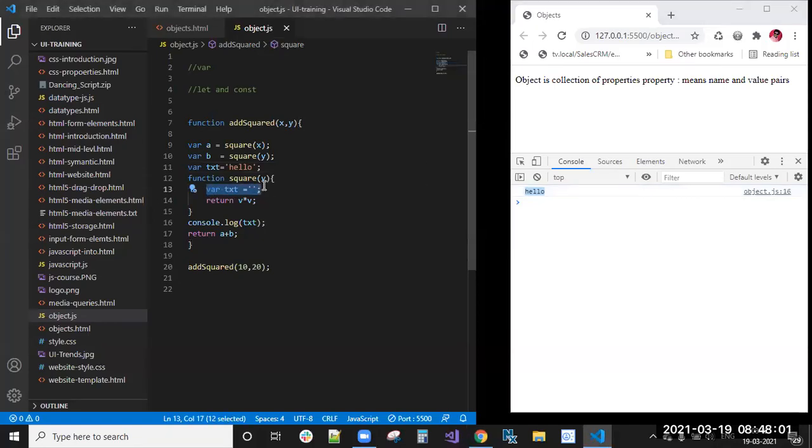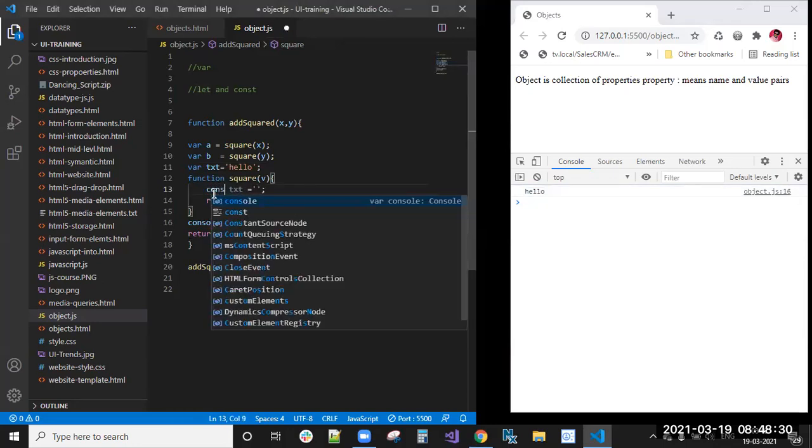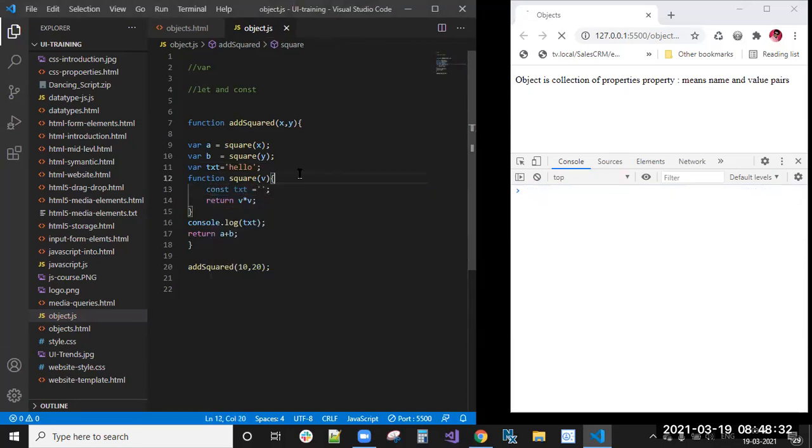If you are not using let and constant, sometimes we will have conflicts between this txt and the txt inside. So in that case, to avoid naming convention conflicts, instead of this var, you can use let txt, or otherwise constant txt.